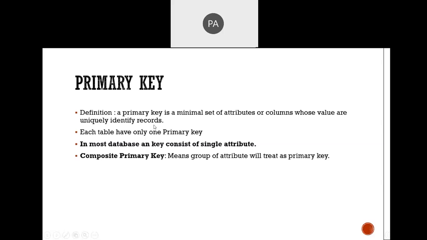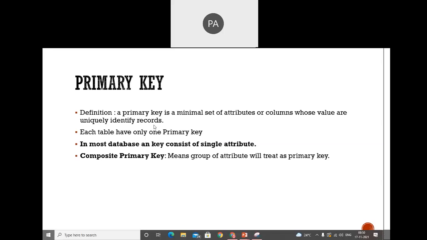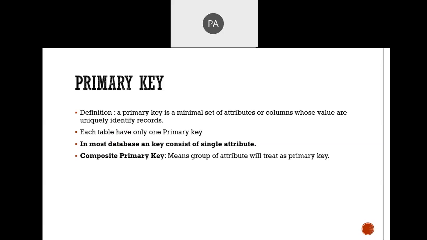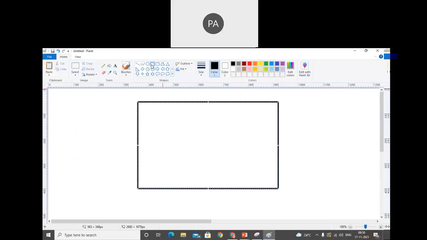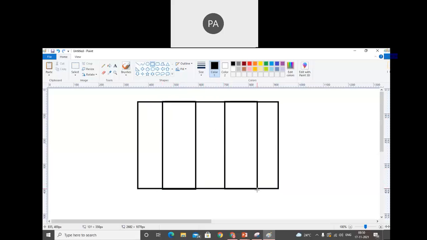That means whenever we insert a value inside a column, we all know that. Just one minute, I will show you with the help of a diagram. Assume that this is my table and inside that table a few entries are stored. I want to create an employee database.